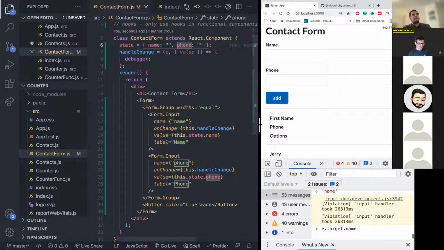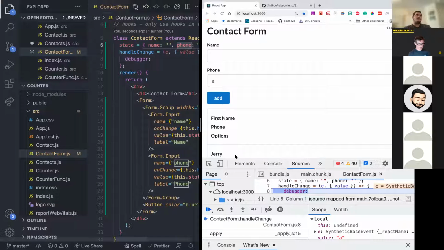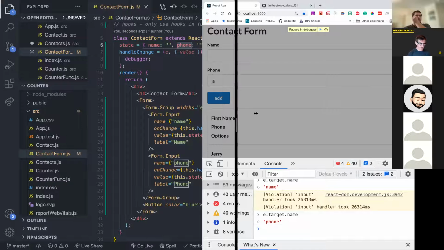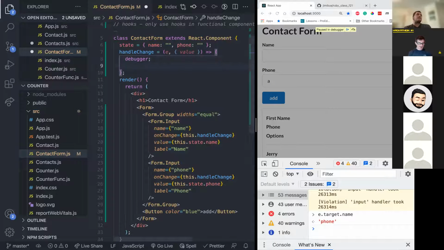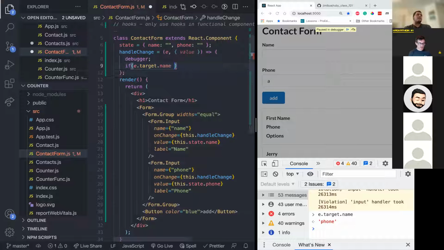Now what? And then if I click on the phone, e.target.name is going to be phone. That's what I called it. So I could do something like this: if e.target.name equals phone,